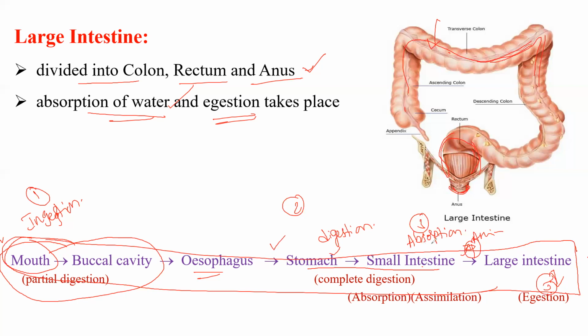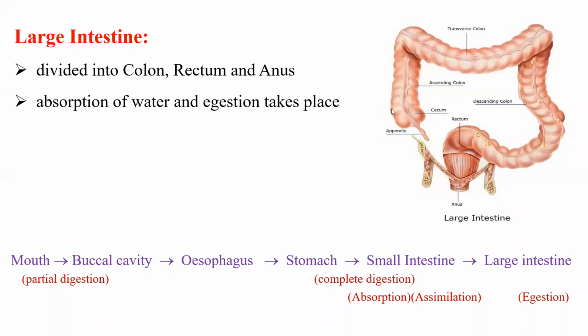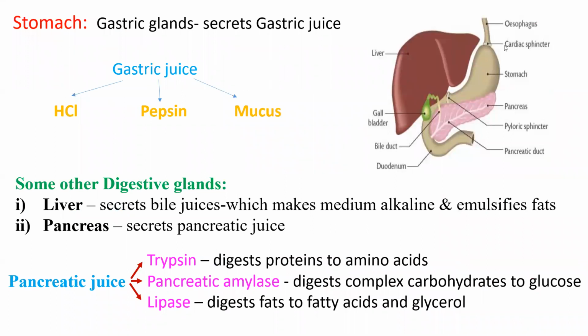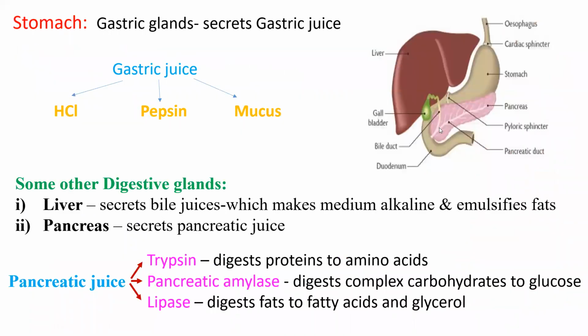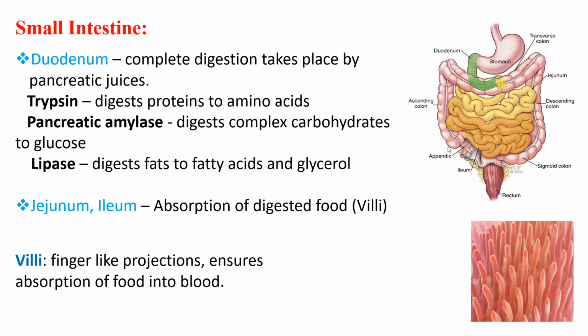Okay, remember this. This is about the nutrition in human beings. And here I already told you about the sphincter muscle. That sphincter muscle is not only present in the stomach and small intestine; from the small intestine to the large intestine also there will be a sphincter muscle. Here you can see the sphincter muscle. The same is at the end of the stomach where the small intestine enters. In the same manner, from the small intestine to the large intestine, there will be a sphincter muscle. Okay.